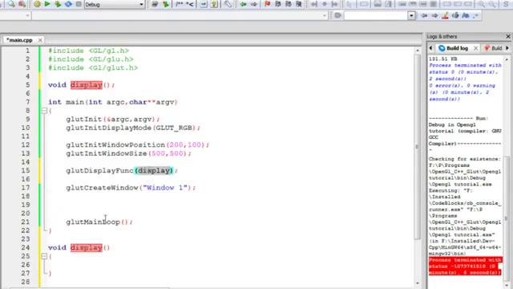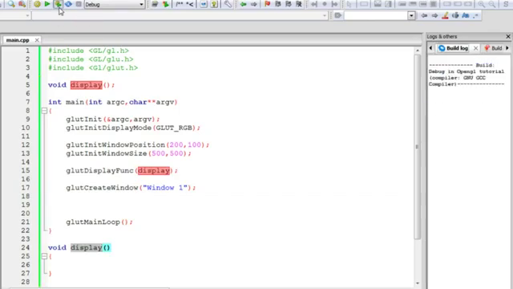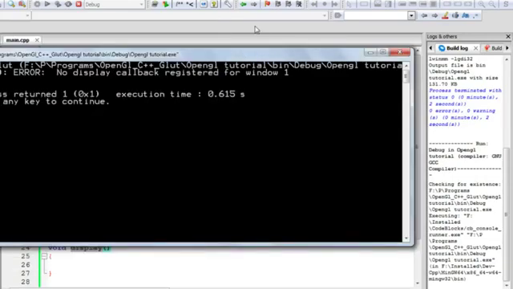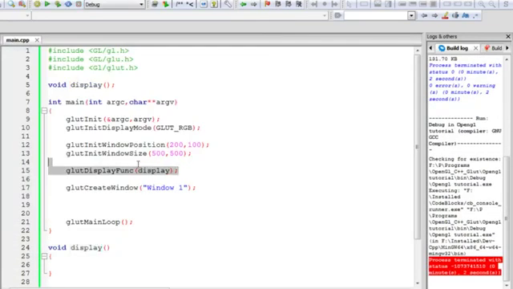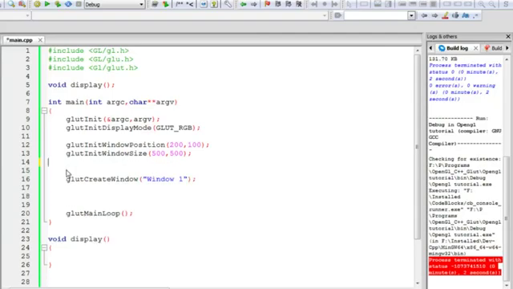So we have specified our display callback, and that means the API has a display callback to call. Now we'll build and run and check if this is working or not. It again says that the display callback hasn't been registered. I made a mistake here. You need to specify the display callback